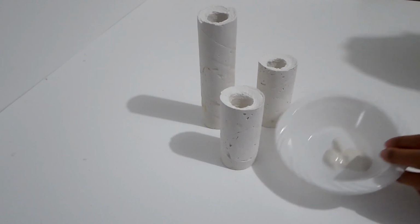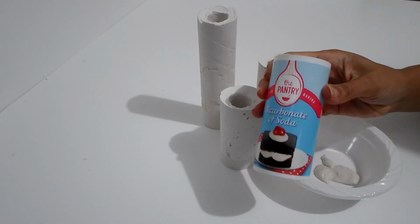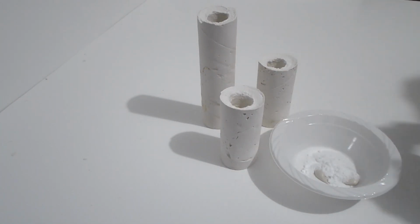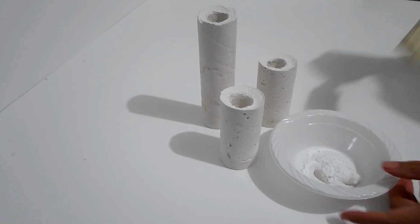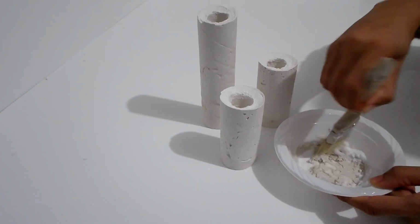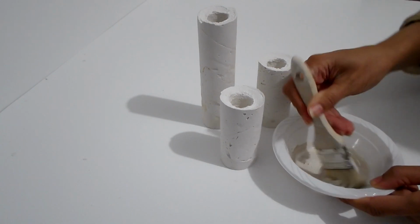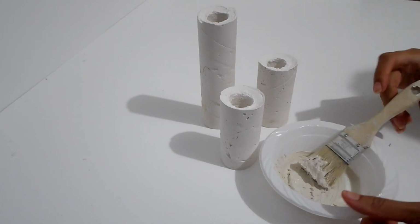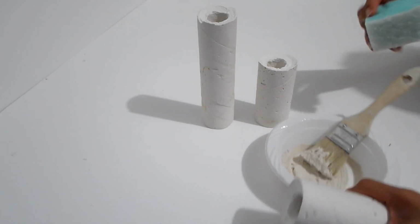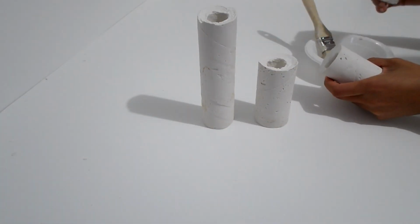Okay, so what I've done next is I've just got a bowl of paint, and then I'm just going to mix it in with a bit of bicarbonate soda, just to hopefully give it that textured effect again. I'm just going to use a sponge and sponge this on. I just think it would be a better colour for my colour scheme, rather than just leaving them the pure white. So I'm just going to get this sponge, see that there,